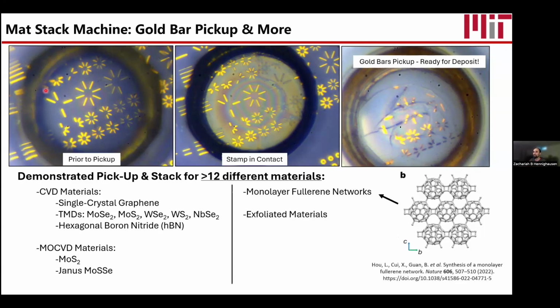And so here's the stamp before it makes contact with the surface. Then it makes contact, and you can see that there's a color change. It's due to the thin film effect. So we're in contact, the polymer makes a color change. And then I picked it up, and you can see the gold picked up from the surface. And so that's how the stamping process works. We align things, we make contact, we pick up, and we see if it picked up.